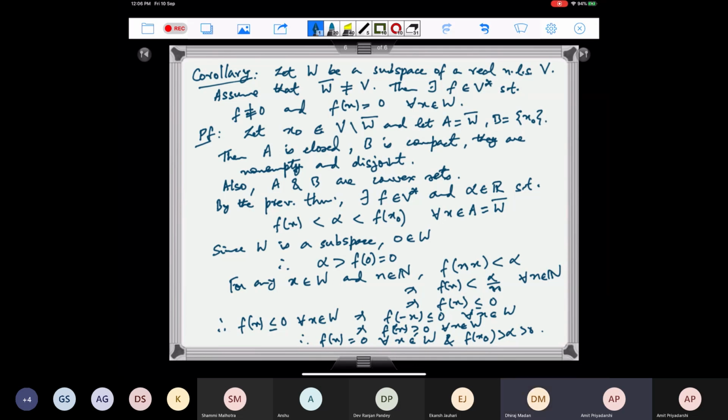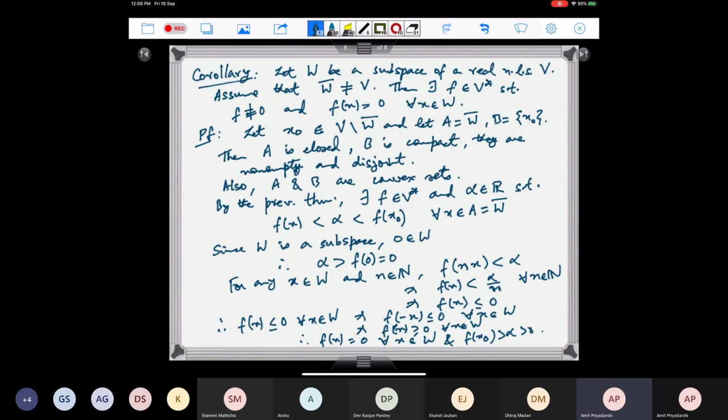Oh, yes. Maybe we can take the relative interior, which will also be open. I mean, we won't be able to apply that previous one, right? Because we will need... I don't know. You can think about it and then let me know later if you think that it can be done.